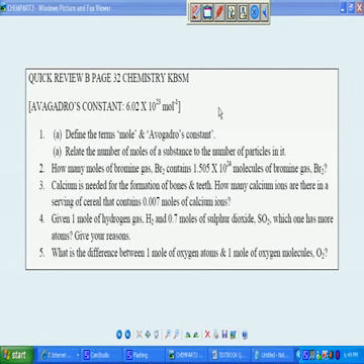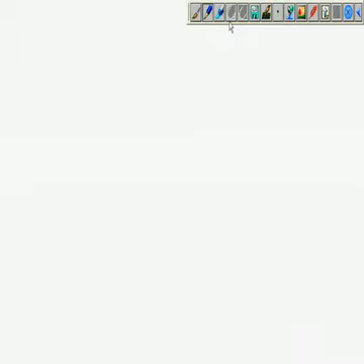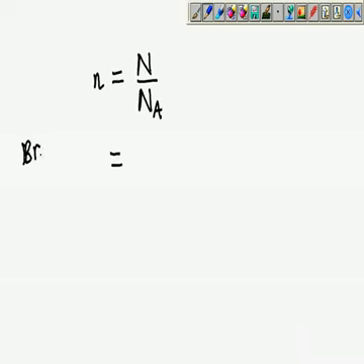So let's look here and find out. So if you want to get this, you must use actual over standard. Okay, they ask for the number of mole of the bromine molecule. Alright, so they tell us that it has 1.505 times 10 power 24